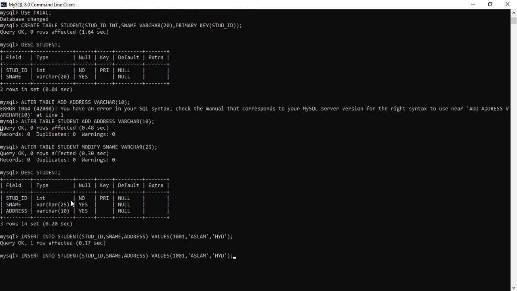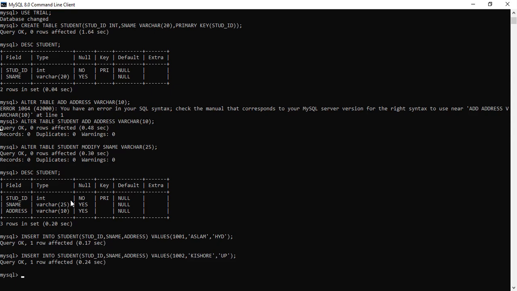This is one way of inserting the value. The second way is just modify the second name if you want to apply it. Okay, suppose Kishore is there and he belongs to UP, Uttar Pradesh, right? Second row has been inserted. This is one syntax for applying the insert operation.